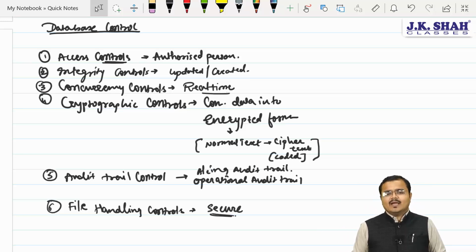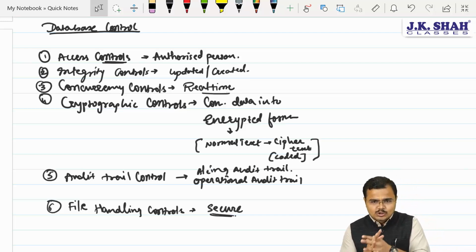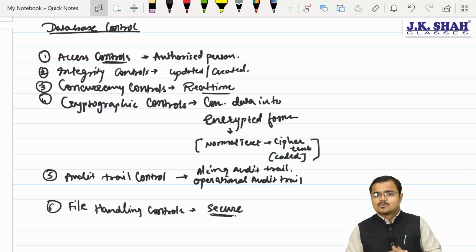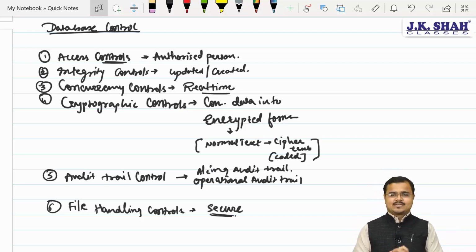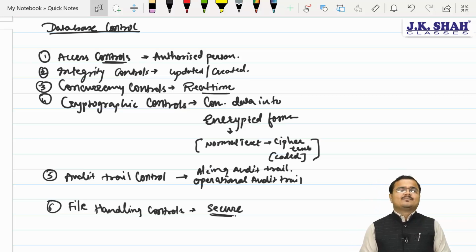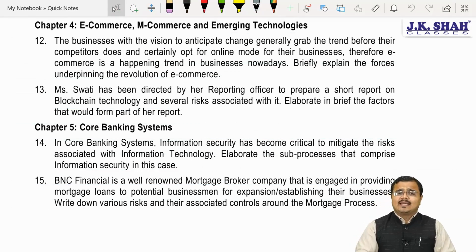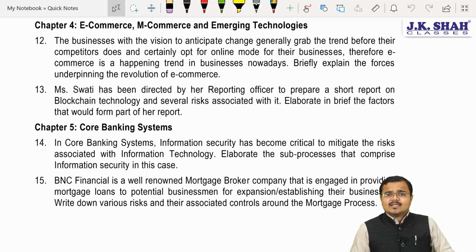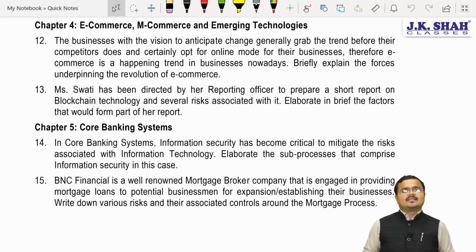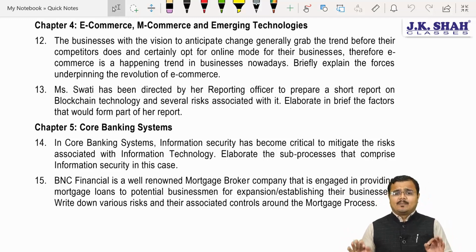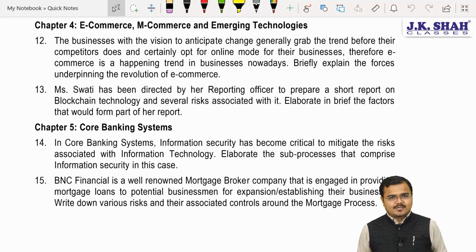Yes, sir. Here, chartered, we have covered our 3rd chapter RTP questions also. So that's going very well. Yes, chartered. Now we are moving towards the 4th chapter. So my dear chartered accountants, now we are moving towards chapter number 4, e-commerce, m-commerce and emerging technologies. The questions given in the RTP under chapter number 4 are amendments for the May 22 students. So please concentrate very carefully, chartered.